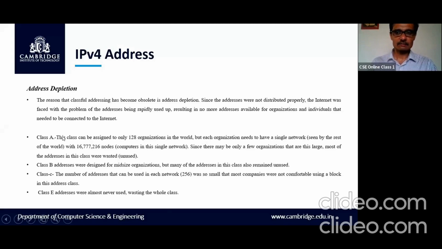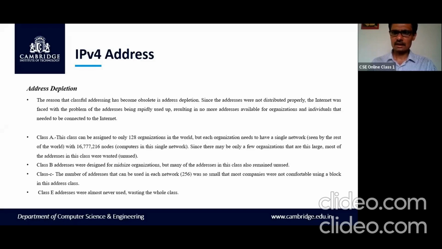Because there are 8 bits in the prefix, the suffix will have 24 bits. With 2 to the power of 24, this is a very large number, far more than an organization generally needs.